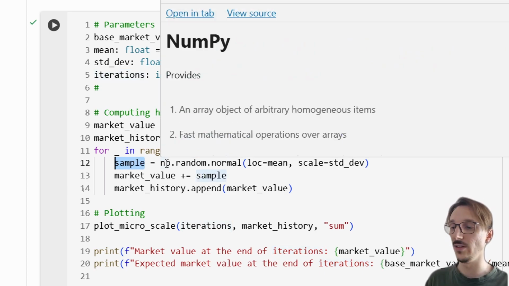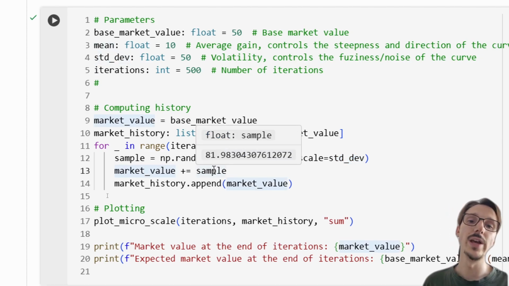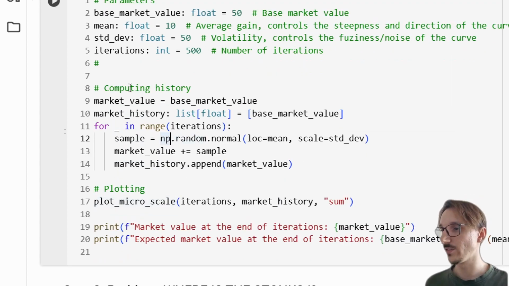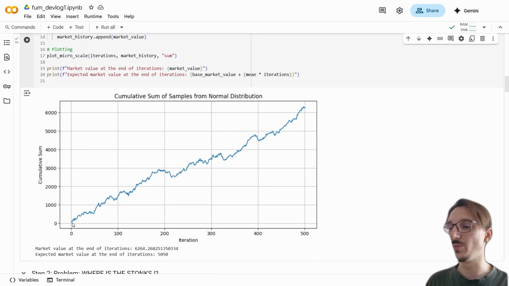So as you can see, this is not the random number function of Python, but the one from NumPy, and we give it the mean and standard deviation that we set in the parameter. Then we add this random number to the market value and append it to the history. And then it's just plotting. Okay, let's run this. And as you can see, we got a pretty decent looking curve that is going up